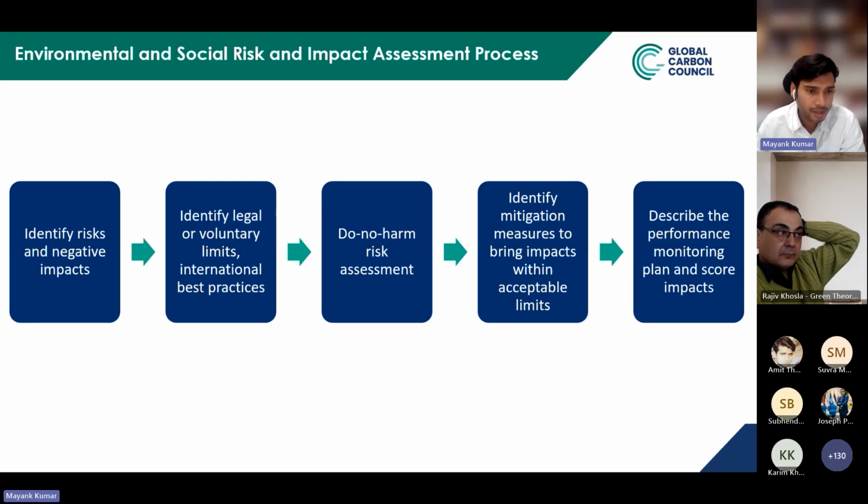That is a negative risk. That is a hazard. You consider that under this version of the standard. So you identify all these environmental and social risks. Next step is you identify what are the legal and regulatory requirements within the host party where the